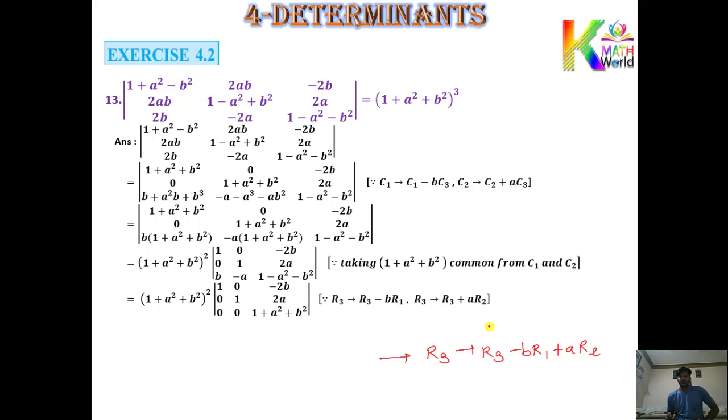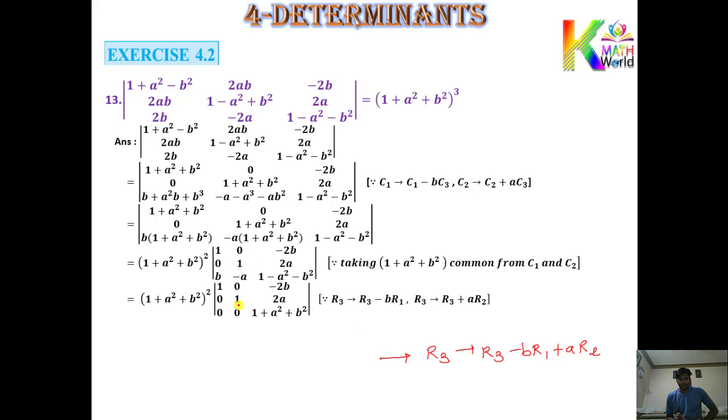Now the first row being multiplied by minus b and the second row being multiplied by a, then added into the last row. Firstly, being multiplied by minus b, minus b into 1 becomes minus b, and that minus b got added here, so here you got 0. At the same time 0 got multiplied by a, so it will become only 0, so that 0 got again added to the last one, so you got 0 only. Or another way, if you got confused, then you can perform both these operations separately.